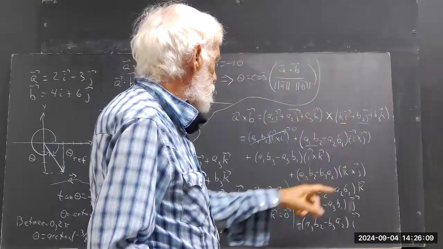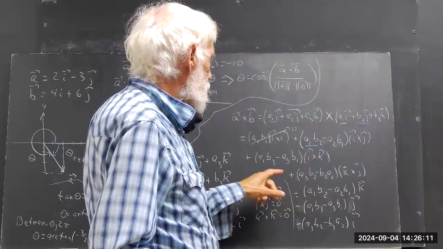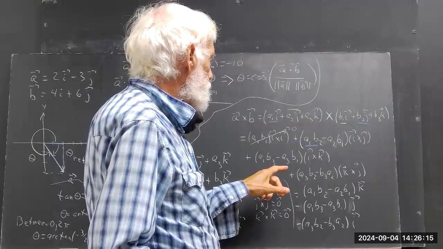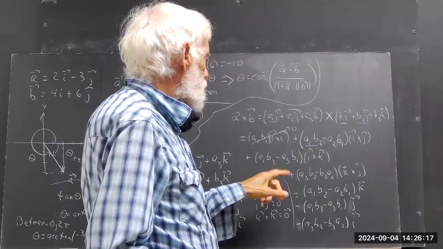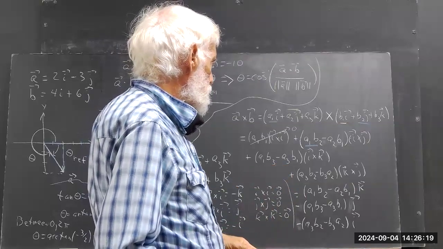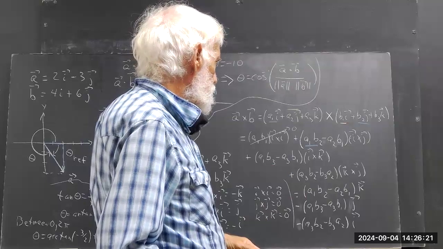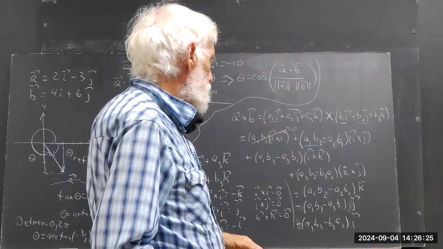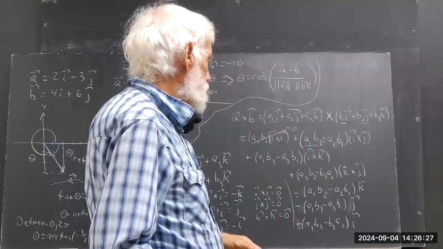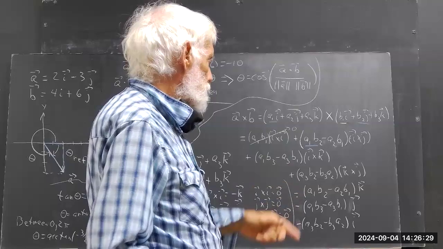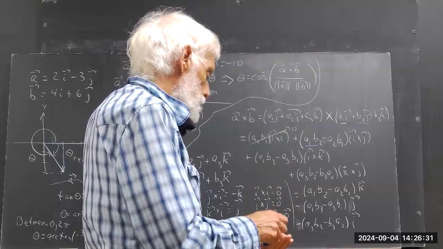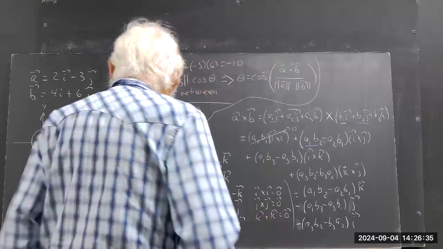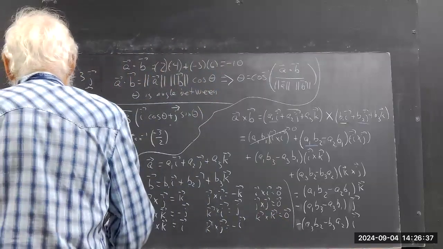So that's A2 B3 times j cross k. And I messed it up down here. So we're at